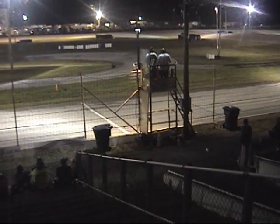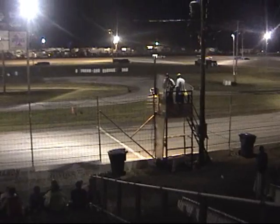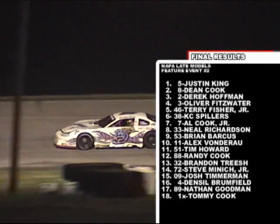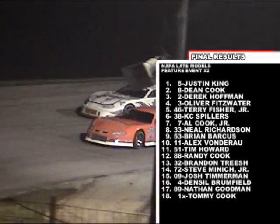Dean Cook second, Derek Hoffman third, Oliver Fitzwater fourth, and Terry Fisher Jr. will round out the top 5. 46, Terry Fisher Jr. third place, Derek Hoffman. Second place goes to car number 18, and picking up the win, driving car number 5, is going to be Justin